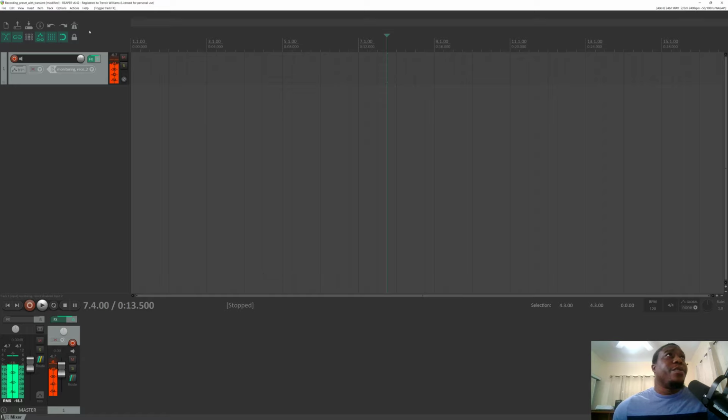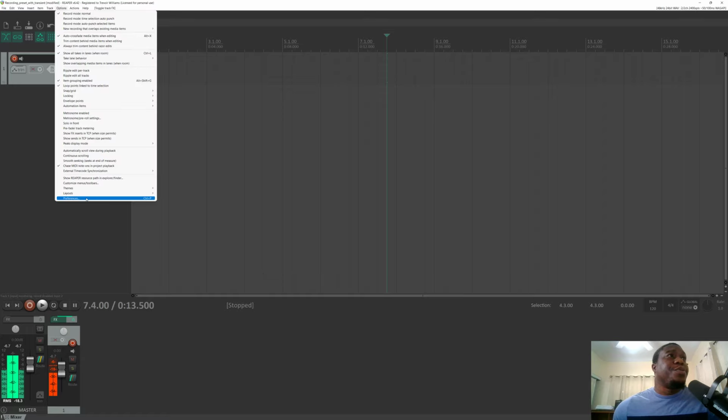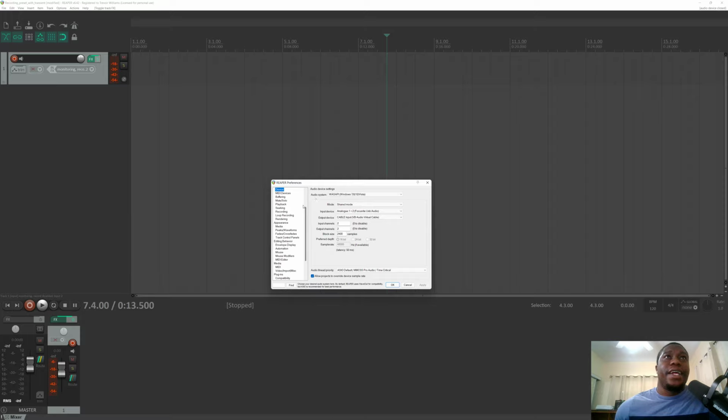In Reaper, what we want to do is jump over to options, go to preferences, and then scroll down and look for audio and device. Under device settings, you have a number of things to consider, and the sample rate is one of them, because the sample rate coupled with the buffer size will determine your lag versus the quality of